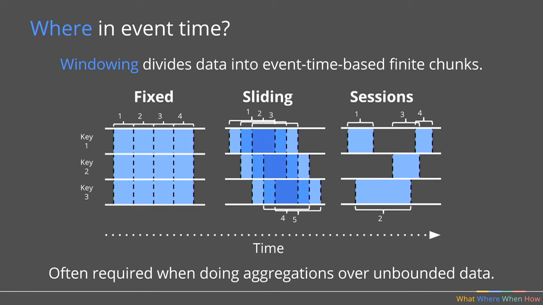In streaming, if you wanted to compute the result and you waited to see the whole data, you would never produce the result. So you have to have other concepts for that. And the windowing allows you to divide the data stream into event time-based finite chunks, so you can do some aggregations on them.